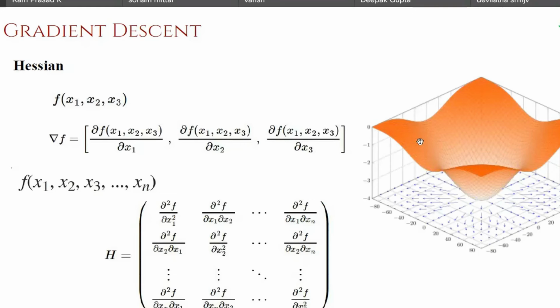If the curvature is small, that means we are nowhere near the minimum point. But if the curvature is becoming high, it means we are reaching towards the minimum point, especially in a convex surface. The Hessian information, or the curvature information, gives us this additional detail about the curvature of the surface. Are we near to the minimum or not? We can infer that from the Hessian matrix.